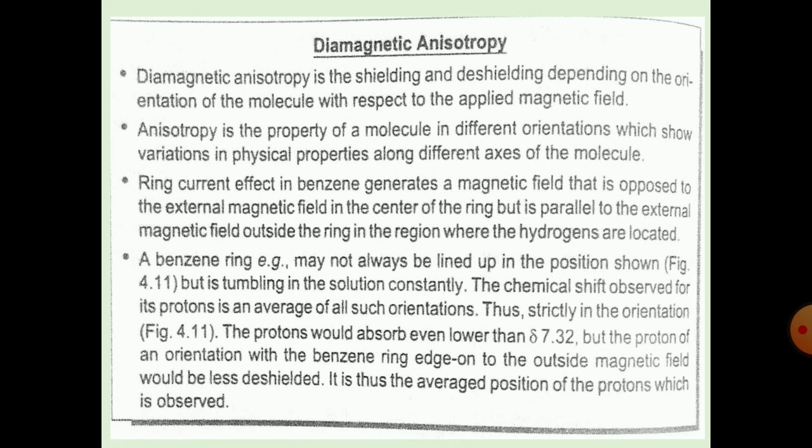The delta 7.37 is also seen in the spectrum of p-xylene. The alkene protons are at delta 4.6 to 5.9 and the aldehyde proton is at delta 9 to 10. This is not only due to the de-shielding effect, as the sp2 carbon has a high s character which draws electrons away from the hydrogen, but also due to the diamagnetic anisotropy of the benzene ring, the carbon-carbon bond in the alkene, and the carbon-oxygen bond in the aldehyde respectively. These two effects combined together de-shield the attached hydrogen in this system.